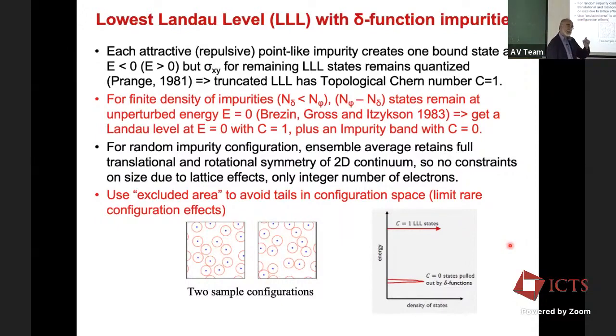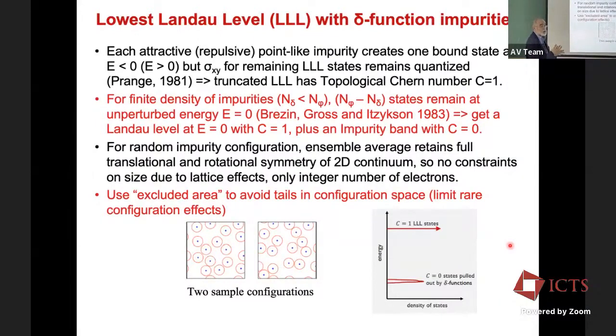Because the impurity is a delta function, we can put some of the Landau level wave functions such that they have zeros at all the delta impurities. They are all supposed to have n phi zeros. Of the n phi zeros, n delta are at the impurities, so they remain exactly at zero. They're smaller than the magnitude. Right. It's not even small.